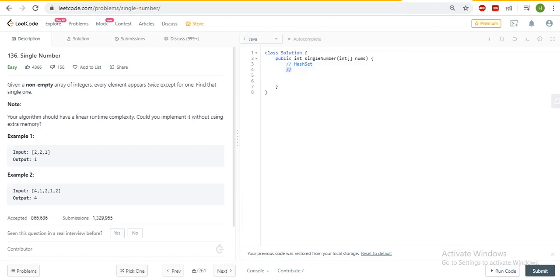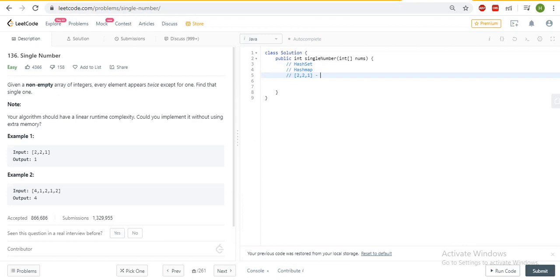In this way I can solve this problem, or the other way is I can use a HashMap. In the HashMap I will maintain the count of the elements. If I take this input, the map will look like this: the key will be the element, and the value will be its count.